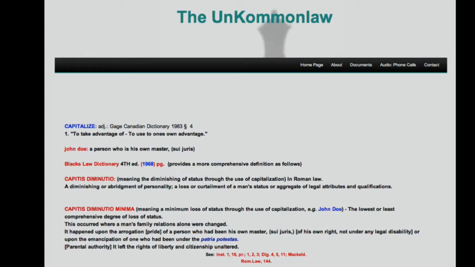So when folks don't understand, this capitalization rule is extremely important. When you write, the way I write is "I, a man," I always start with a lowercase i, because I don't decapitate myself. It goes back to old Roman customs and traditions, that you diminish the capacity of the man by how you stylize the name.